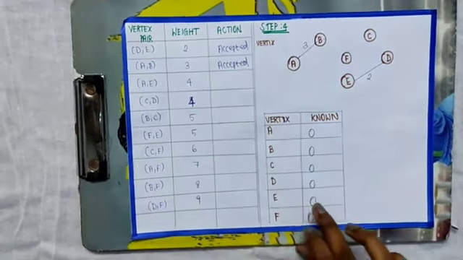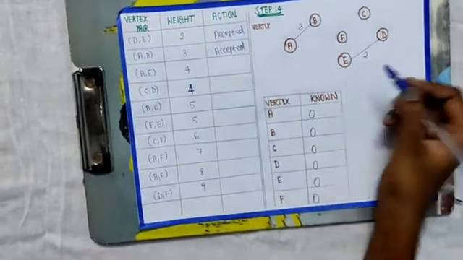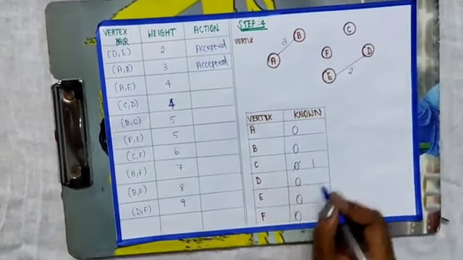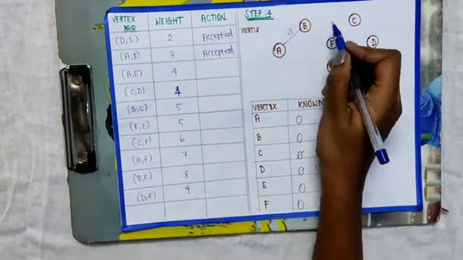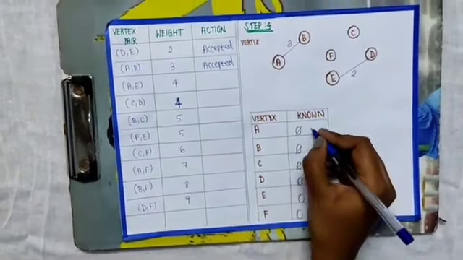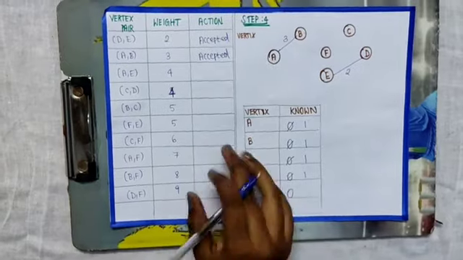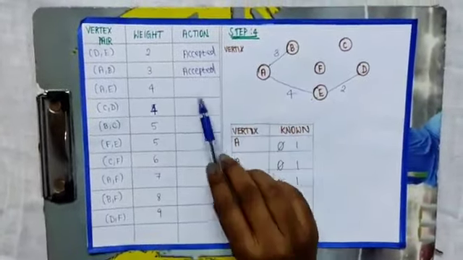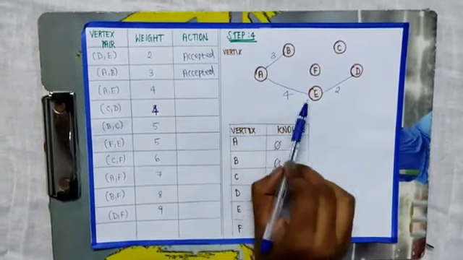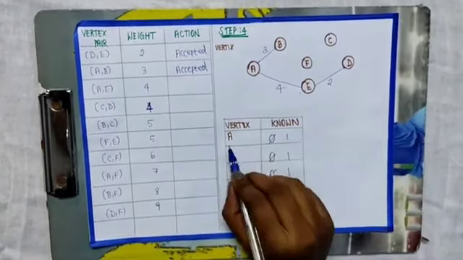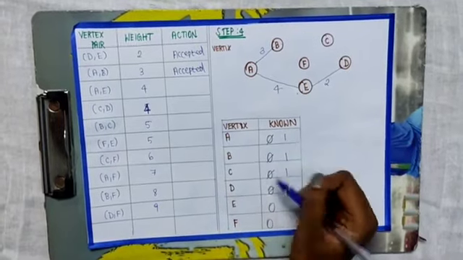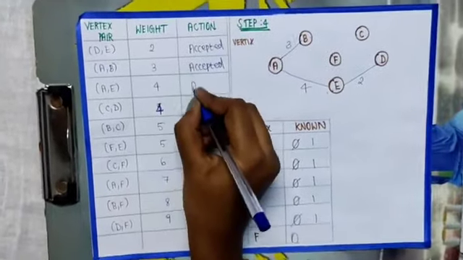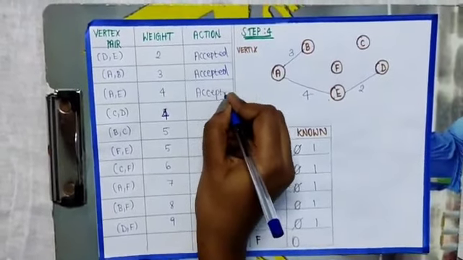So meanwhile you just mark here the node. Here the D and E do not form any loop. So I am just converting the D and E known as 1. Then again A and B do not form any loop. So I am just converting A and B known value as 1. Then again coming to A, so the A, E do not form any cyclic position. So write the value of A, E weight is 4. Then already you have converted the A value as 1. Now the E value is going to change as 1. Then after completing A, E, you can write accepted.